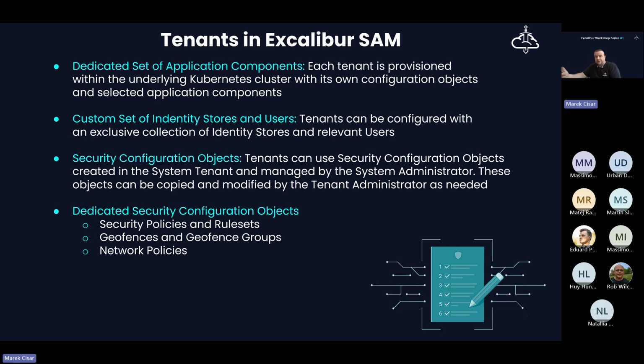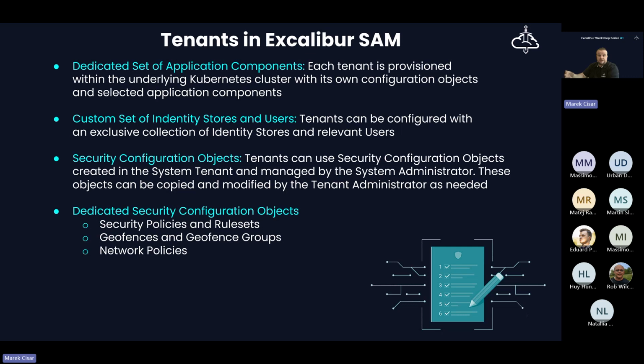Kubernetes, as the modern, cloud-native platform to run such applications, allows us to provision each tenant with his own set of configuration objects, application components, and other very important details regarding each tenant provisioning.